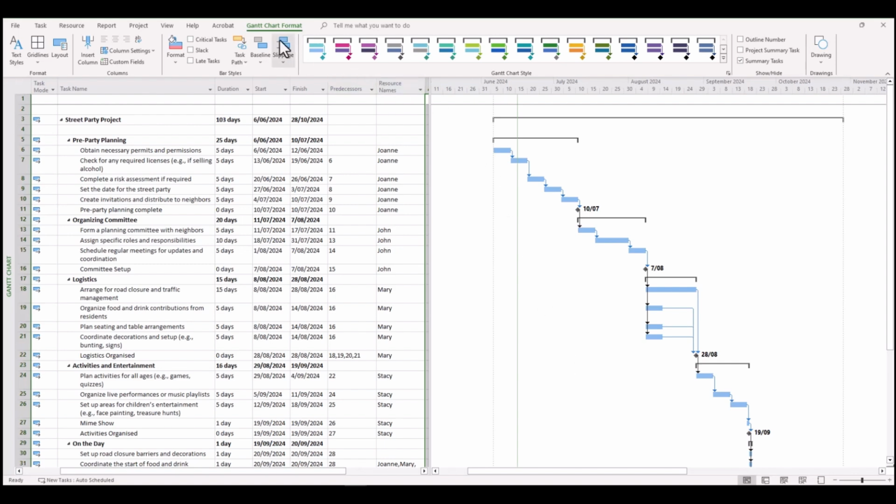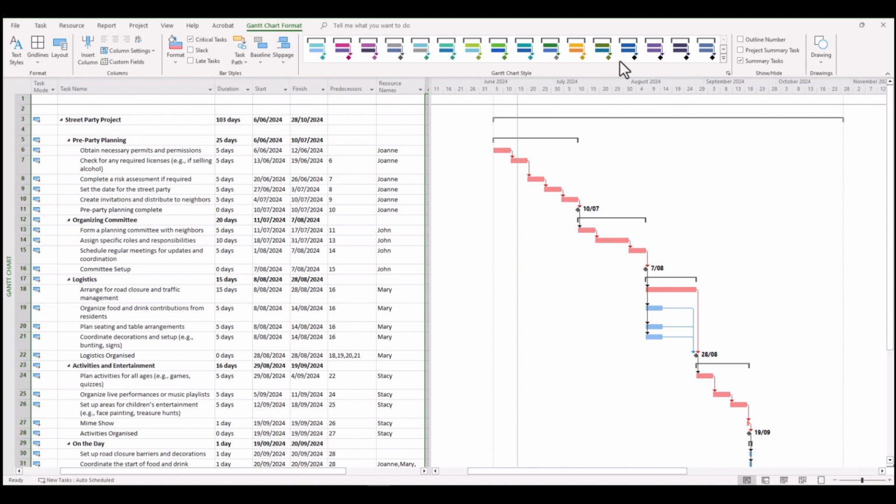Now you can see while you're in your Gantt chart format ribbon, there are little things that you can do to make adjustments to the overall color palette of the project schedule here. Now we'll go back to blue, but what if you want to make adjustments to a particular task? As we probably have covered in previous videos, you can differentiate tasks that are on the critical path by clicking critical tasks. And upon clicking critical tasks, you can see that it turns into that light red color.